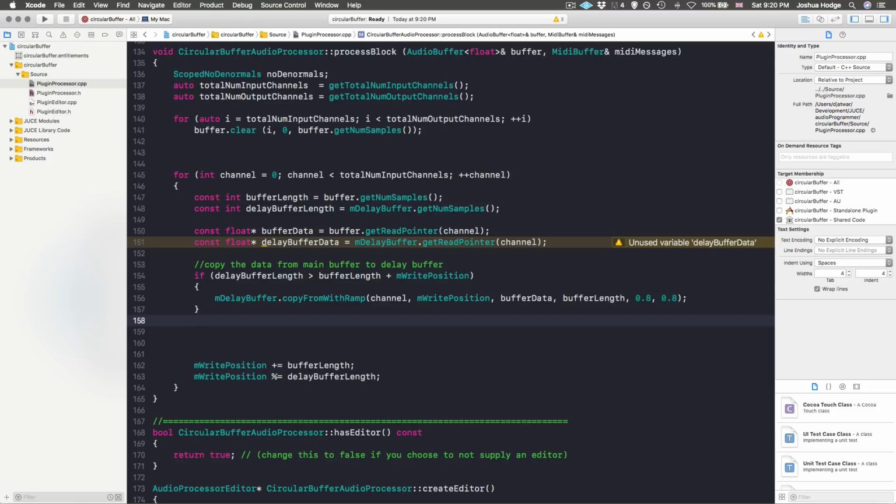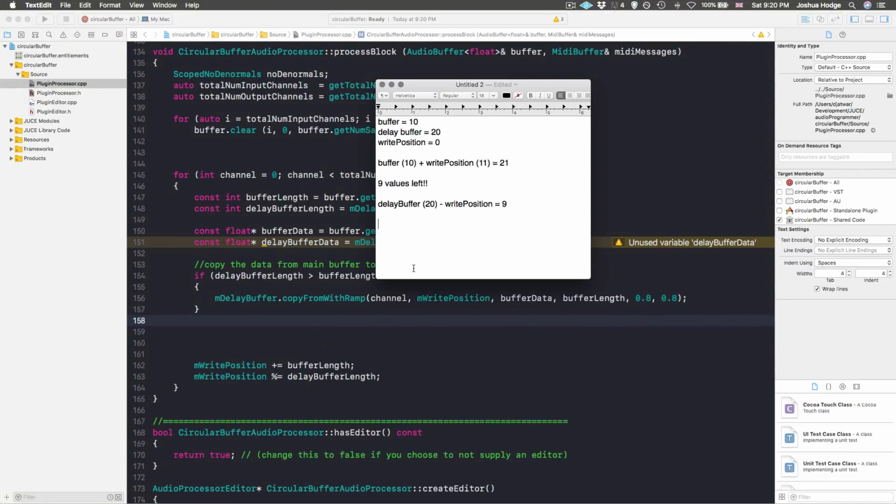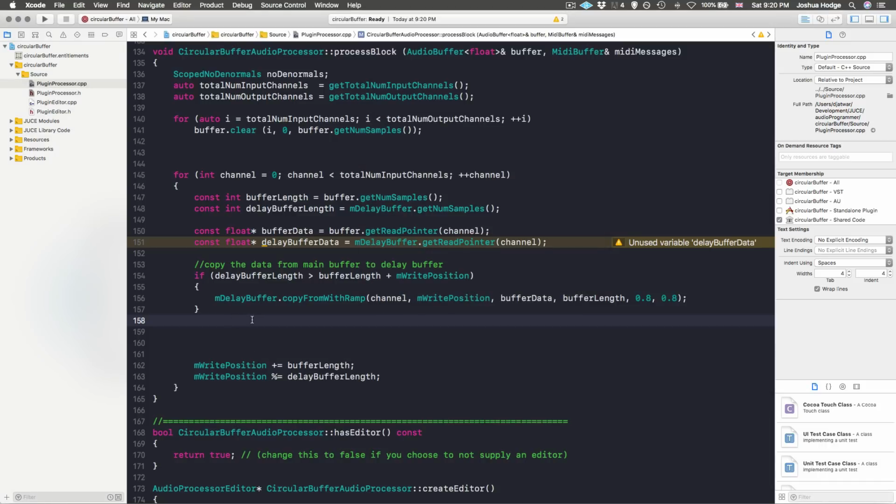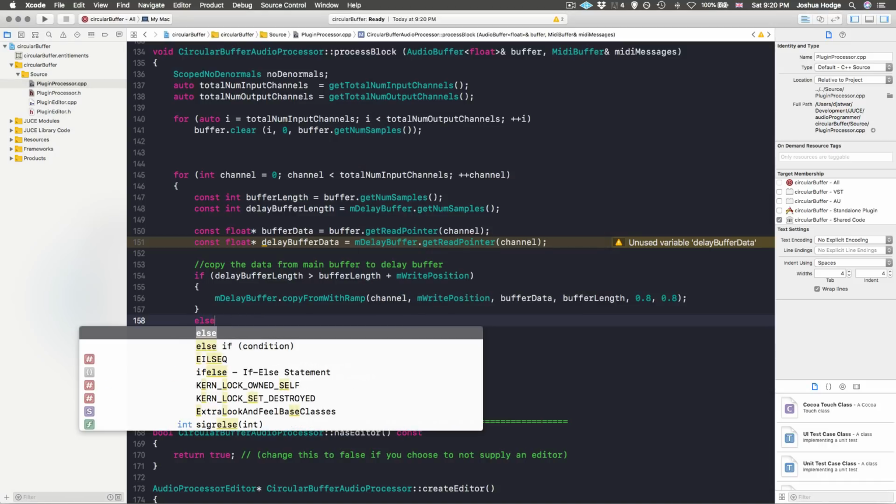So now what we need to do is account for when the buffer length plus the write position is greater than the buffer length. As I said before, we need to create this equation here: delay buffer minus write position. So we need to do else,